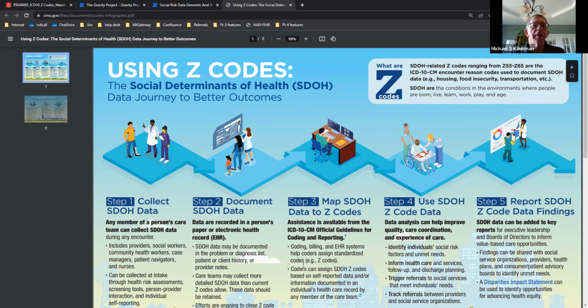This is maybe worth a sidetrack. At our last Gravity Project Technical Advisory Committee meeting, this issue came up around, is it okay to automatically go from a screening result to a diagnostic statement without any kind of an assessment? And we had a long conversation with some of the Blue Cross Blue Shield national analytics team, who said, we're working on algorithms to do that now, going from some of the more commonly used SDOH screening instruments